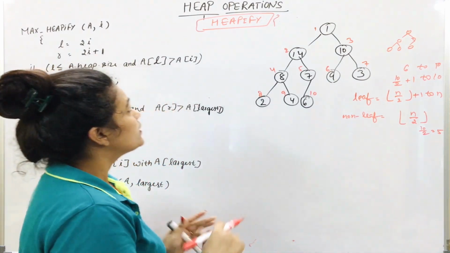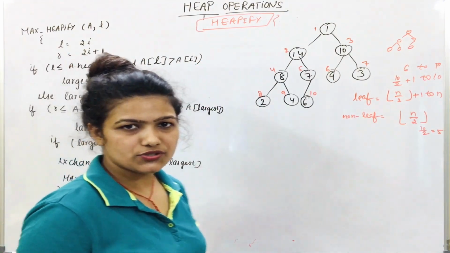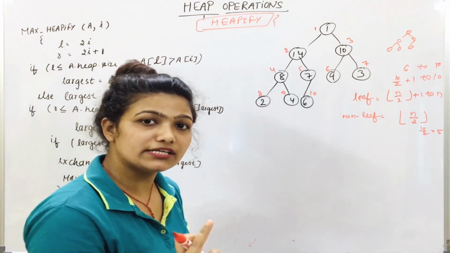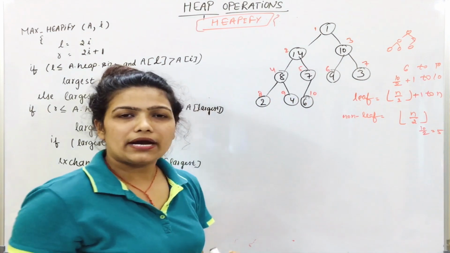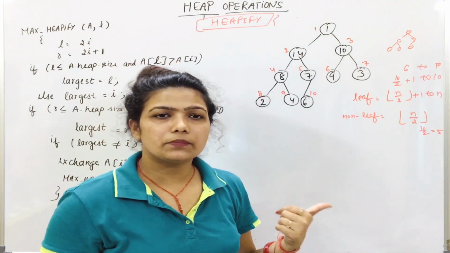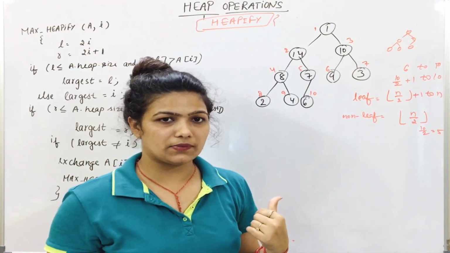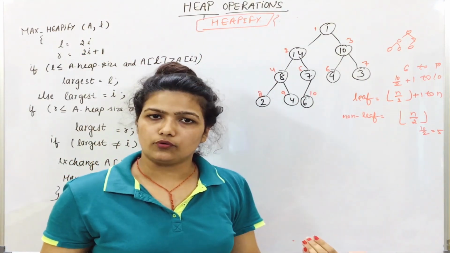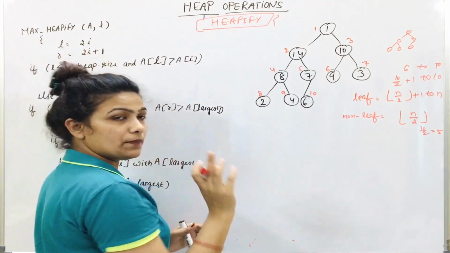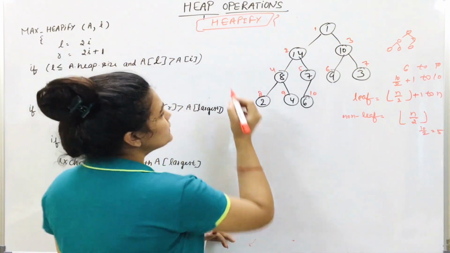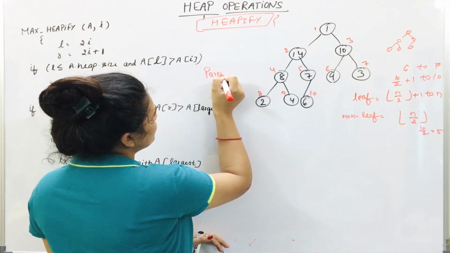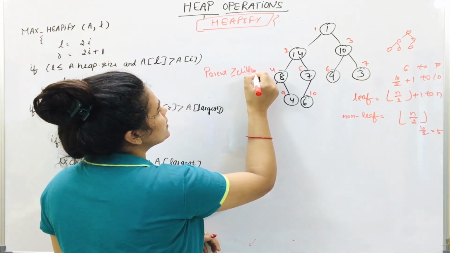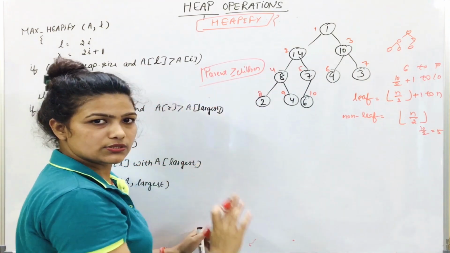Now we will show how the heapify operation works. It is very simple. We will start from the very first element, that is the root. By default we take max heap. I have already told about min heap and max heap, and all the properties and operations we will take as max heap only. The property of max heap is that the parent should be greater than or equal to its children. Simply, we have to check this one only.